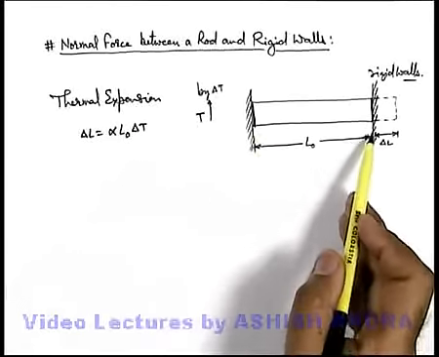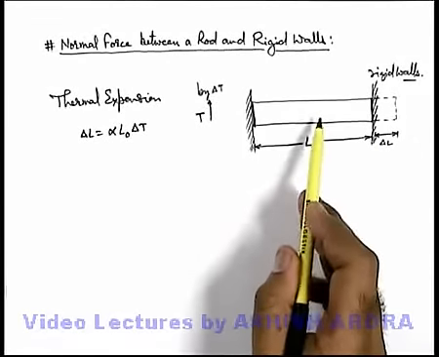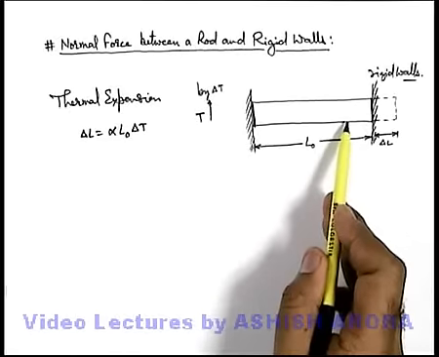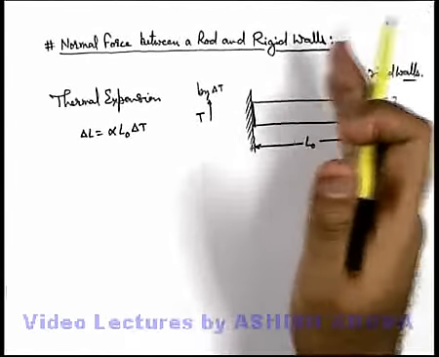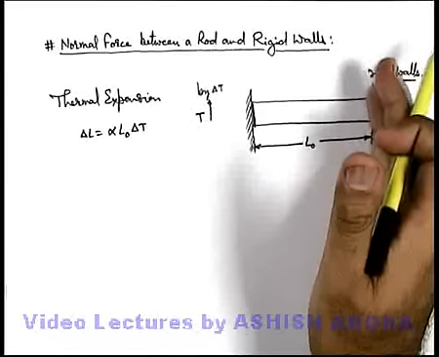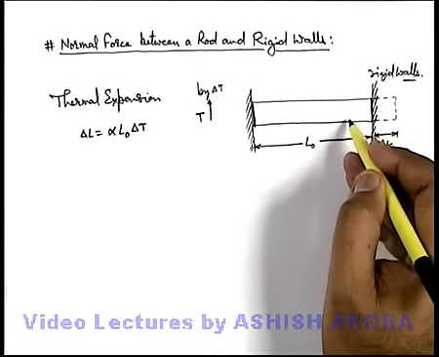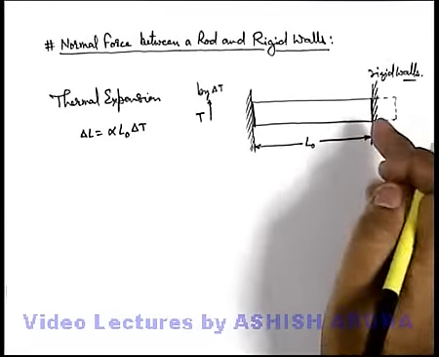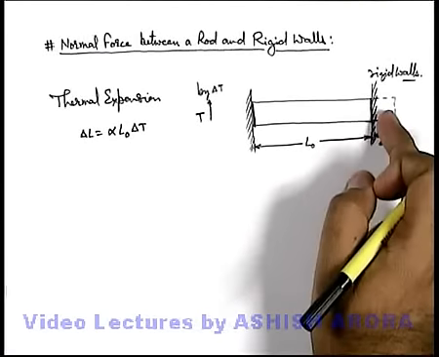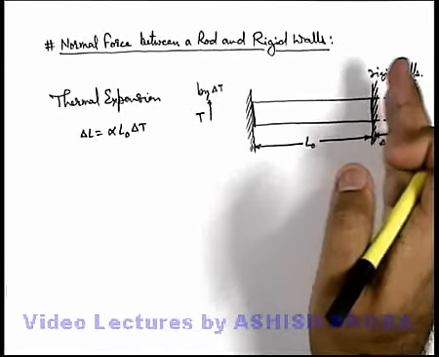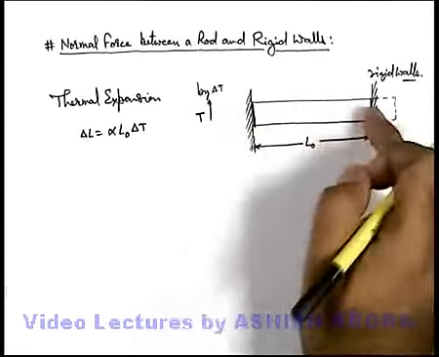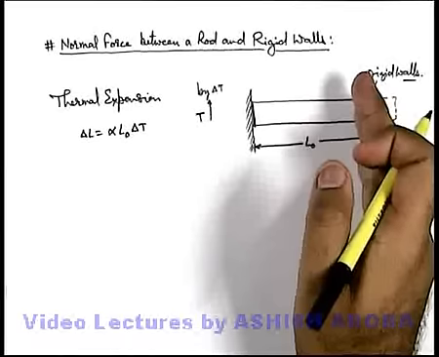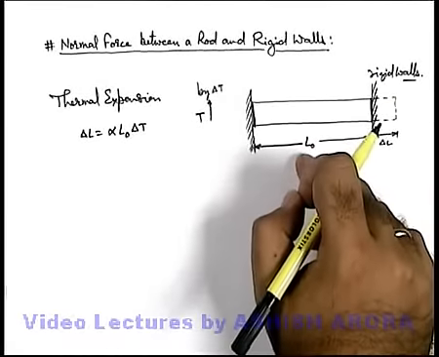But as if both the walls are present, then whatever amount of length is expanded due to thermal expansion will be compressed simultaneously by the rod due to elastic contraction. So in this situation, we can see that if the rod is expanded, then by applying a force between the rod and the other two walls, the rod is compressed back to the initial length L0.